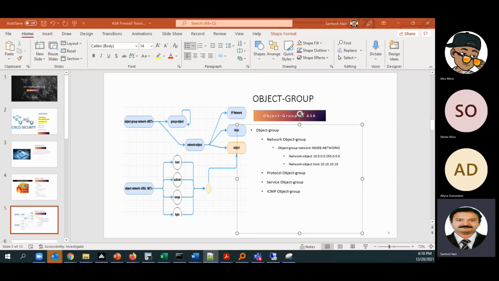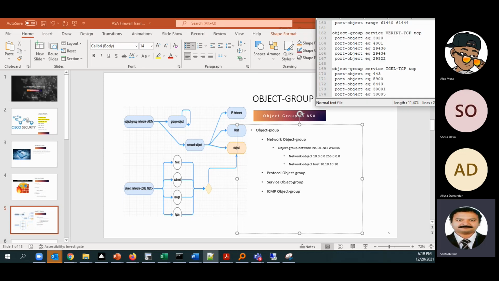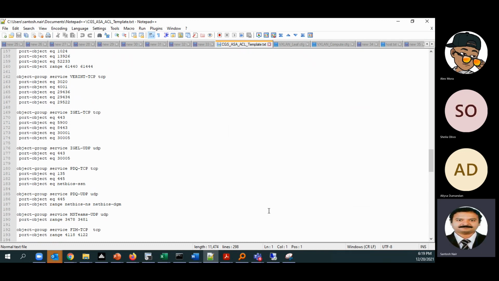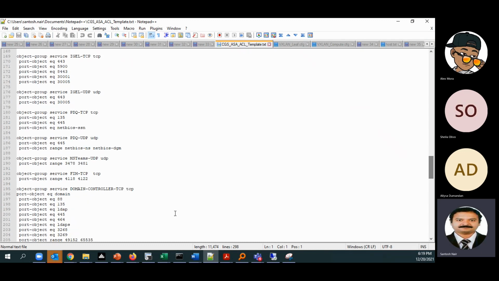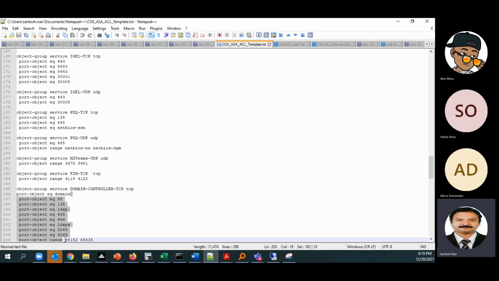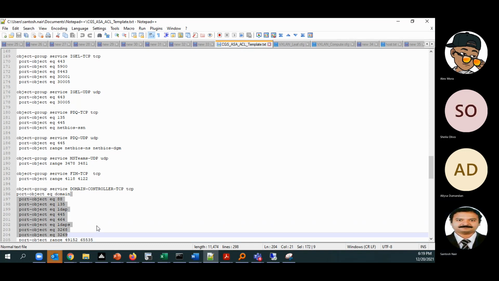Rather than giving different lines for each of the services, we create an object group for services and we call it in the rule. If you don't remember, this is the object group for AD. If you see the object group for AD, we are saying TCP, and then we call different types of objects like ports in that. This part is clear. Yes.